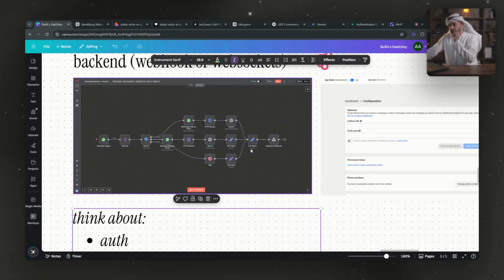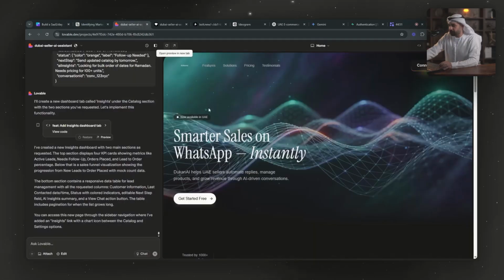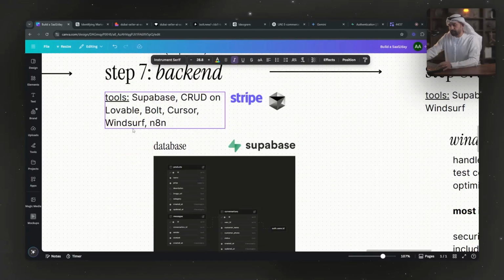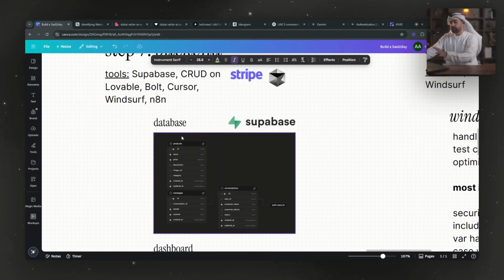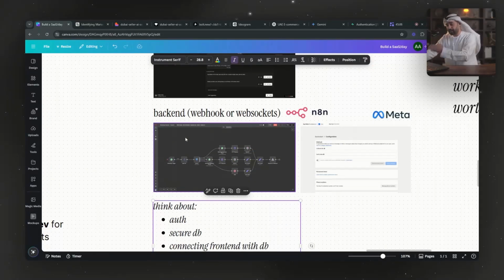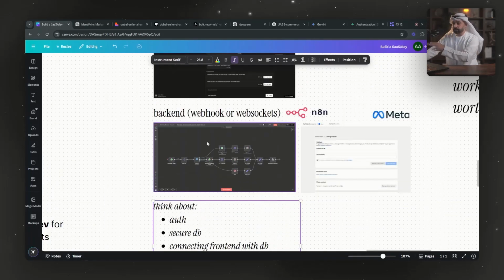Or if you want to be a bit more advanced, you can go and export the code right now. Let's go on here. You can export this code and you can go to Bolt. You can go onto Cursor and Windsurf and start working on it over there with the AI editor on VS Code. So you have multiple options around this, but that is a bit more advanced. And that's the reason I'm not showing it over here. And that's the route we took for the client I had. We did not do it using n8n, but more of going on Cursor. So that's just to keep in mind.